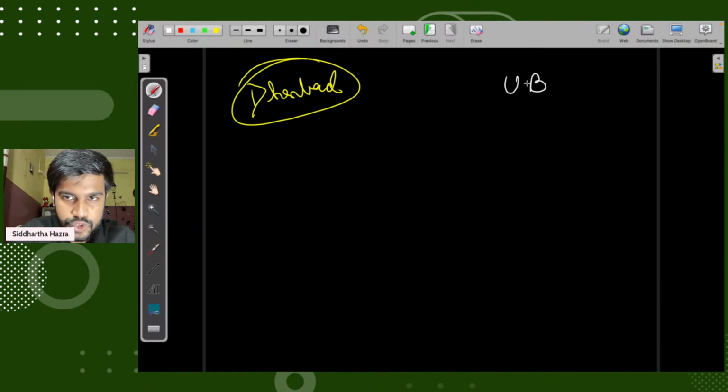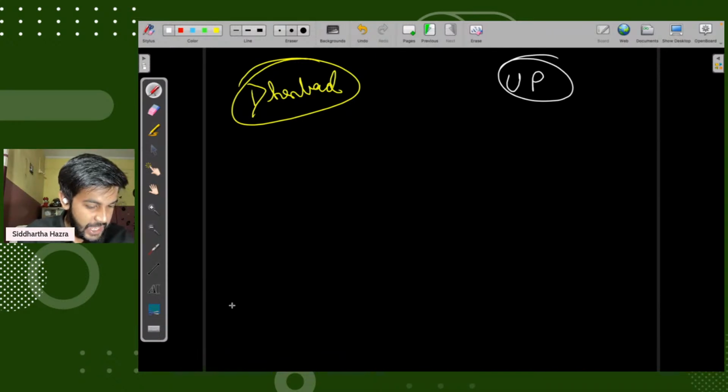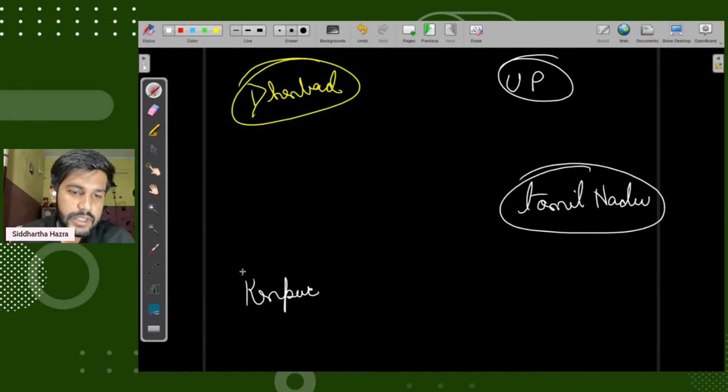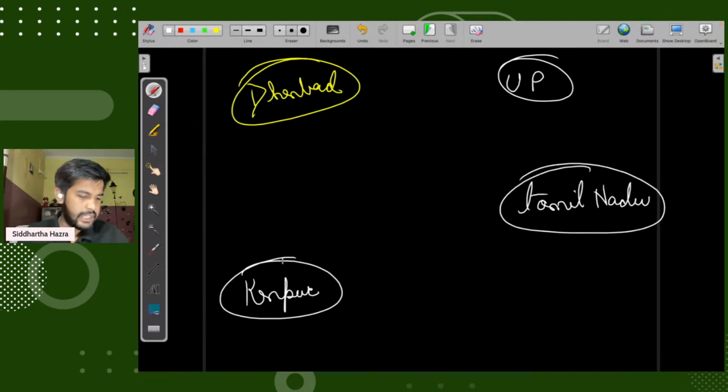So we have Uttar Pradesh, from where is Yash Dwivedi. And then we have Hyderabad, a great city. We have Kanpur also. And then we have Tamil Nadu. Trying to keep it as realistic as possible. Okay, fair enough, it is quite realistic. So we can see we have people from London. Vikas Patel, fair enough, that's a good one.